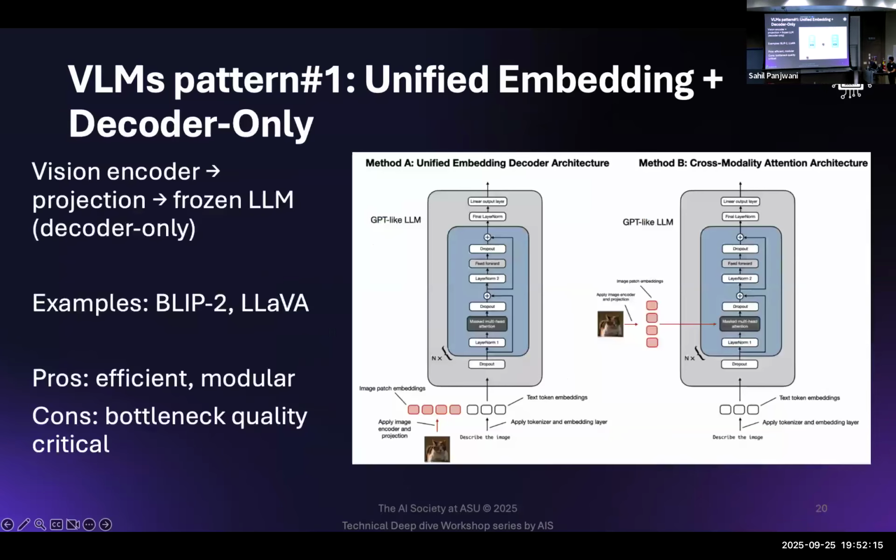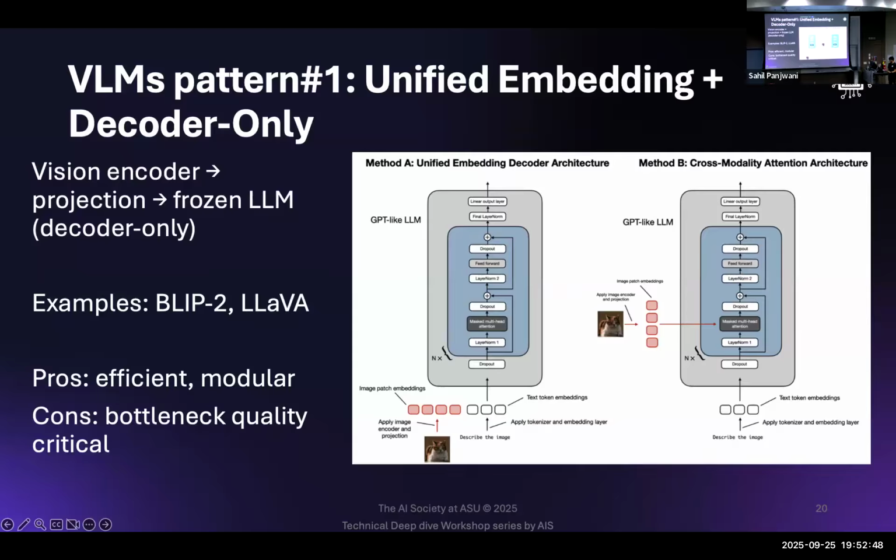Actually, before the hands-on, we can focus on the rest of the theory content so that you get clarity. So extending to CLIP, we are now going to talk about VLMs. The first pattern of VLM is built around the idea of unified embeddings. Over here, an image is passed through a ViT, which is generally the vision encoder of choice, and then it is projected into a frozen LLM,